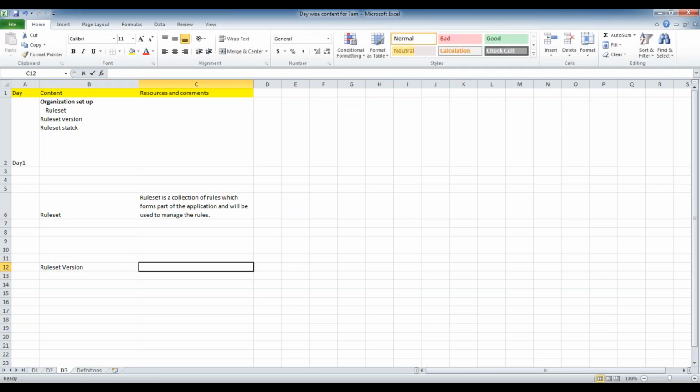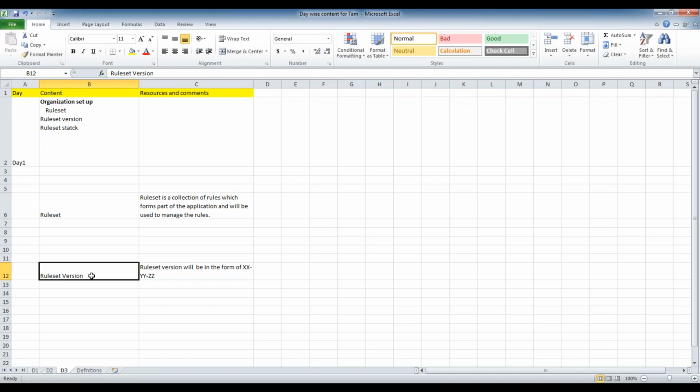A rule set version will be in the form of XX, YY, ZZ. There is no standard definition for this. Without a rule set, there is no version basically.